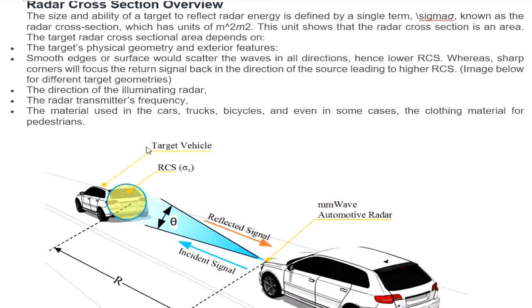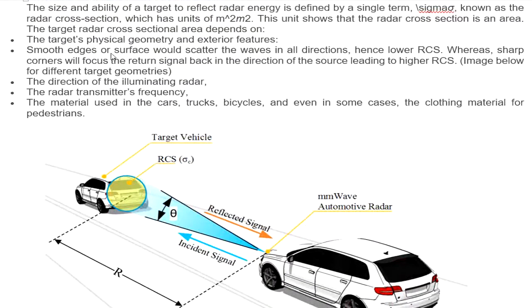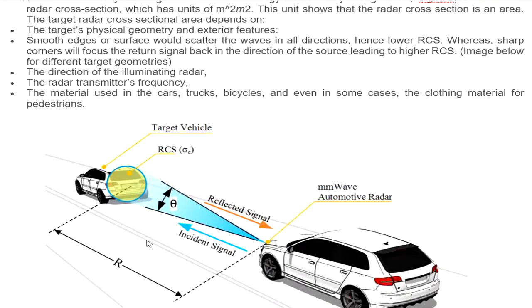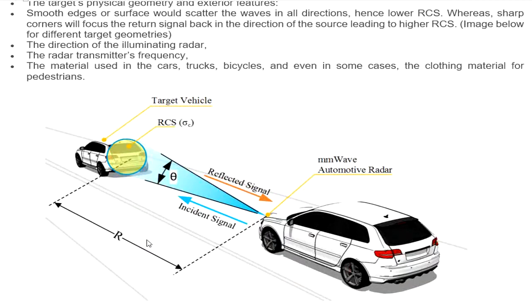The target's radar cross section area depends on the target's physical geometry and exterior features. So a smooth edge or surface would scatter the waves in all directions, hence lower RCS, whereas sharp corners will focus the return signal back in the direction of the source, leading to higher RCS. So the direction of the illuminating radar, the radar transmitter frequency, and the material used for the car, truck, bicycle,